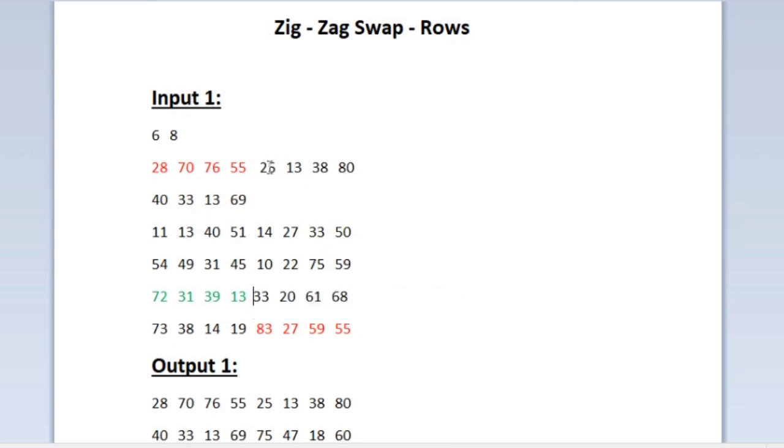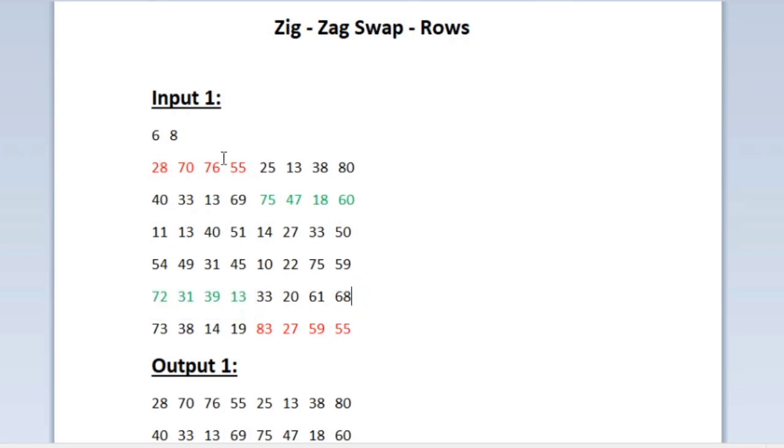So after swapping, this is how our modified input matrix would be looking like. So now we have to move to the next row, but here again we should take the first half. So this is how we should be swapping the integers. So in the first row, we should take the first half and swap it with the second half of the last row. And in the second row, we should take the integers present in the second half and swap it with the first half of the last before row.